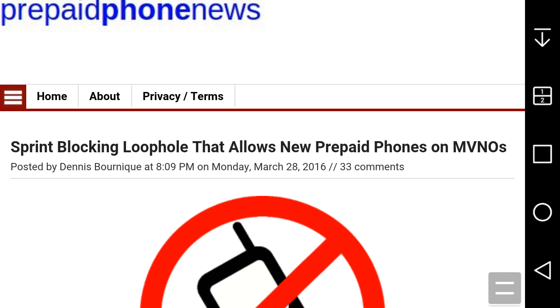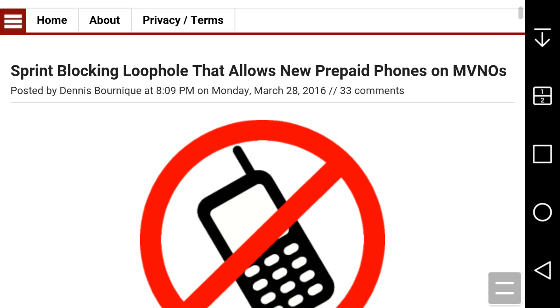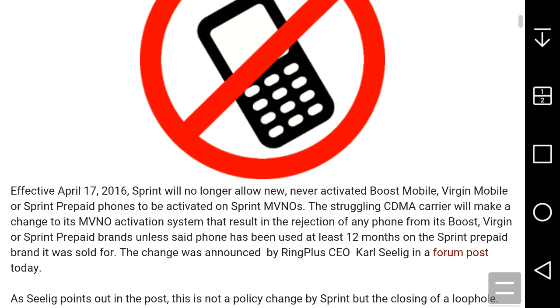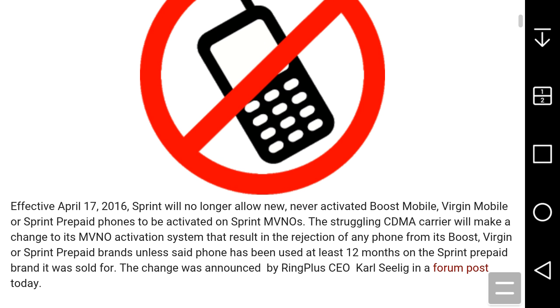So if you guys are on one of the MVNOs like Freedom Pop, Ring Plus, or Tango, or any other Sprint MVNO that isn't Boost Mobile, Virgin Mobile, or Sprint Prepaid, read this article here. This will be very important for those of you who are on the small MVNOs from Sprint. It says in the first paragraph, guys, effective April 17th, 2016, which is a few weeks away,